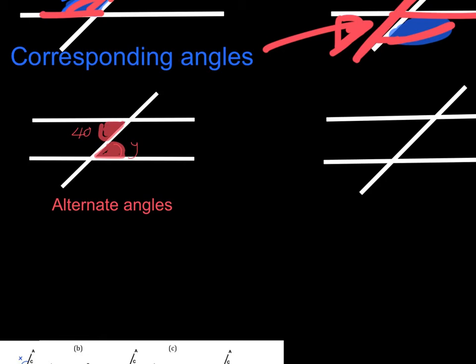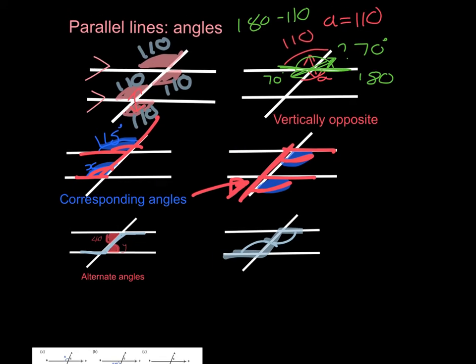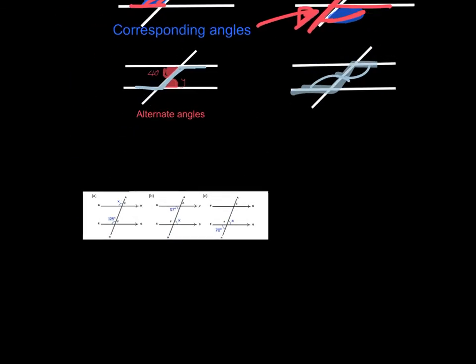A little bit harder to spot again. Let me undo that. You could have a backwards Z, so going across there this time. These two angles would be the same as each other, this angle there and that angle there. So again, on the other diagram, these two angles would be the same. Now I'm going to quickly talk you through GCSE questions as well. So there's your reasons: alternate angles and corresponding and vertically opposite. So you can play those back, rewind and have a look at them, but I'm just going to show you GCSE questions